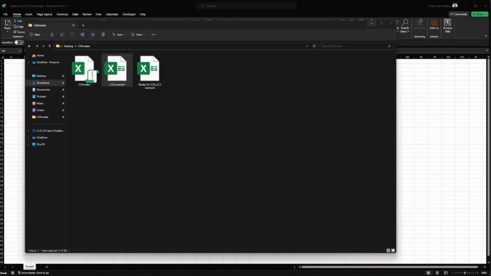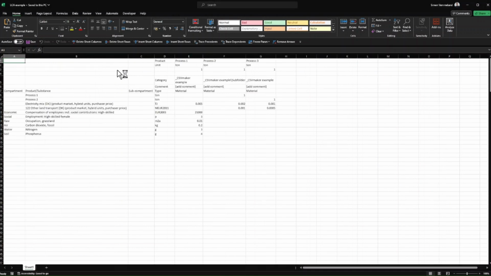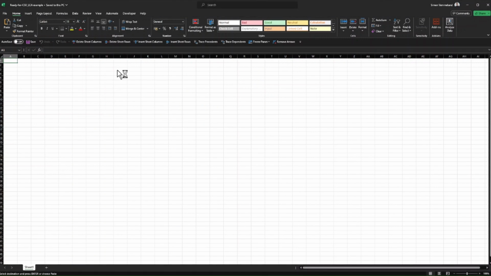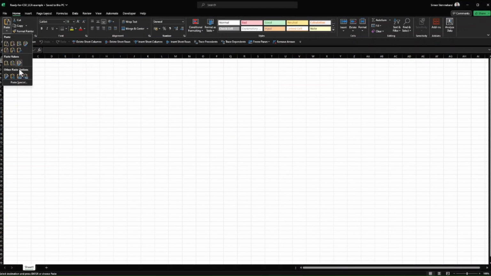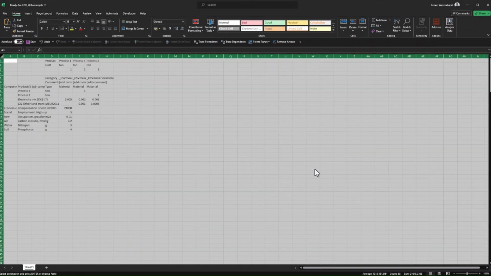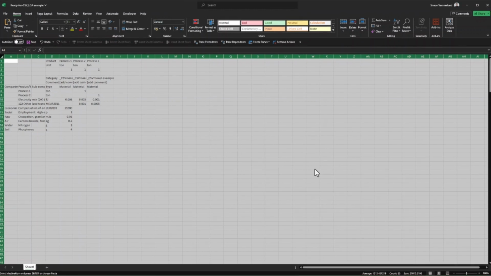We can now open our LCA model and locate the data we want to import into CIMA Pro. We will copy the entire sheet and use Paste Special and select Values to only paste values to the empty document, as the CSV Maker will not work if your cells contain formulas. Our document is now ready for us to run the macro in the CSV Maker.